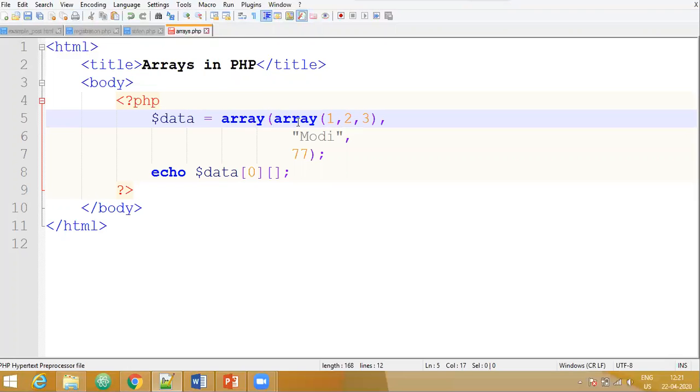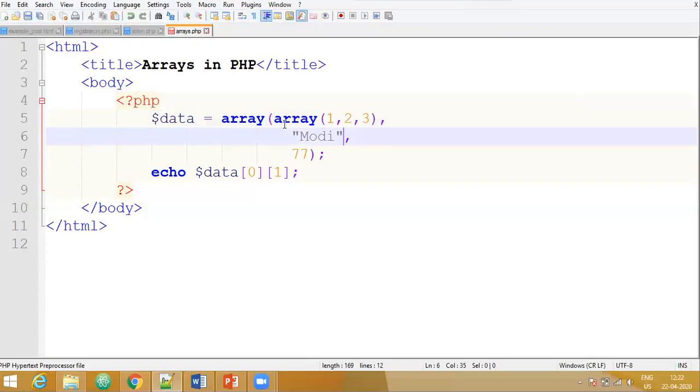Now considering this as another array, inside that we again have the indexes 0, 1 and 2. So if I want to access the value 2, the index of this is going to be 1. So I will specify 1. So this echo statement now displays the value 2 on the screen because we are trying to fetch this.